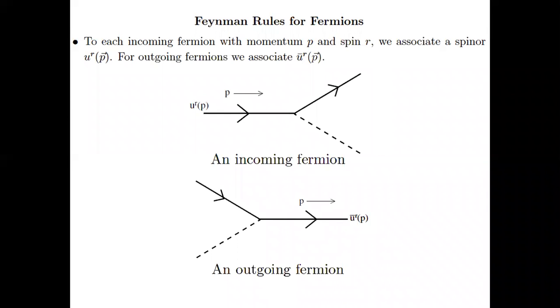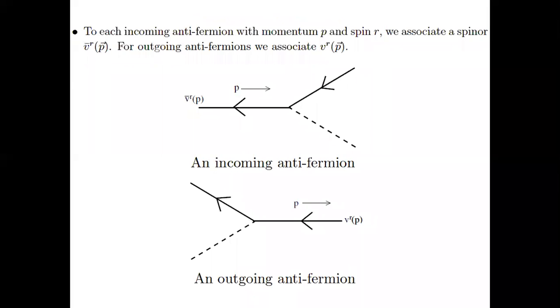This is the convention. Okay, so the anti-fermion will have something like this. V R p, the momentum. This is an incoming anti-fermion. Again, the current is in the opposite direction because it is negatively charged. According to our convention, V bar R p gives the incoming anti-fermion, and V R p gives the outgoing anti-fermion. Okay, so this is the condition of Feynman rules.